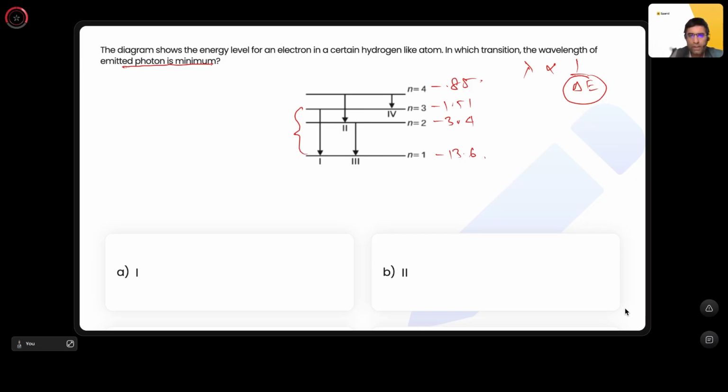This will be the maximum energy difference, so the maximum energy difference will be in this one. This will be our answer. All right,